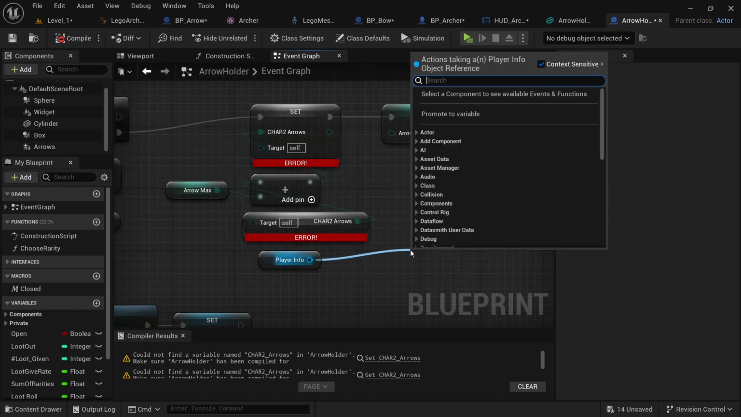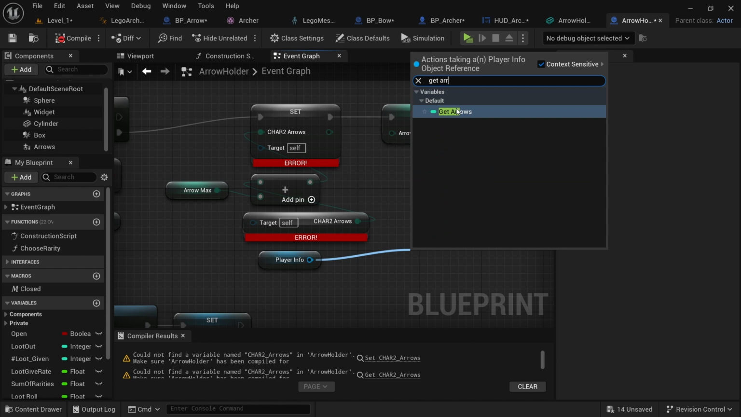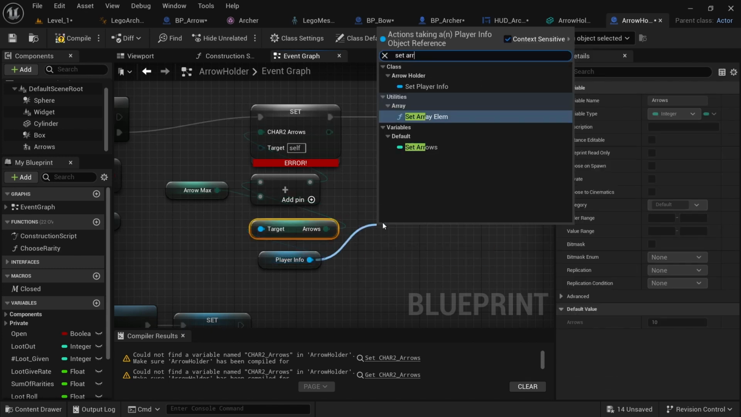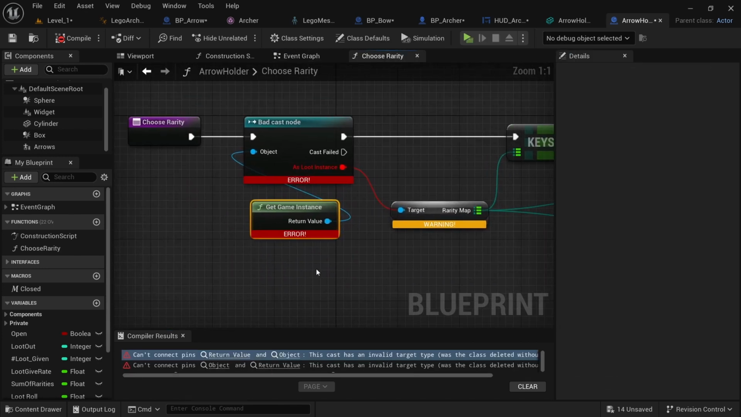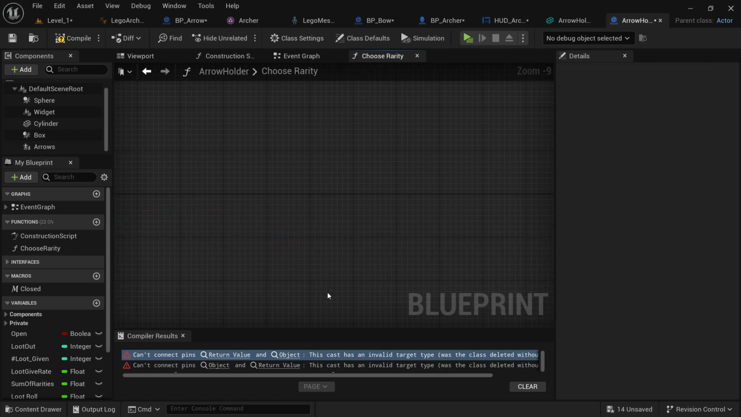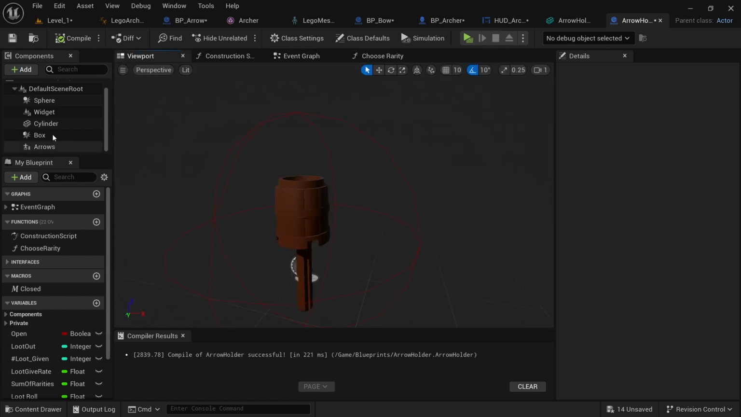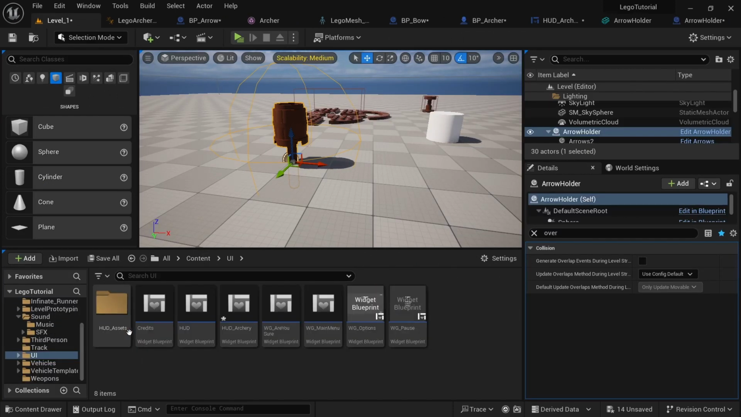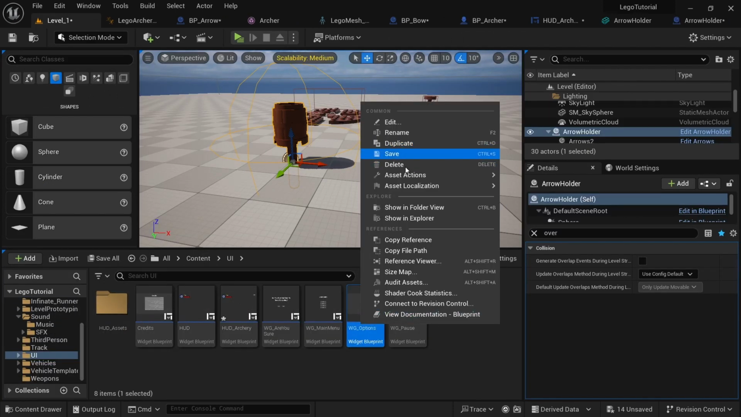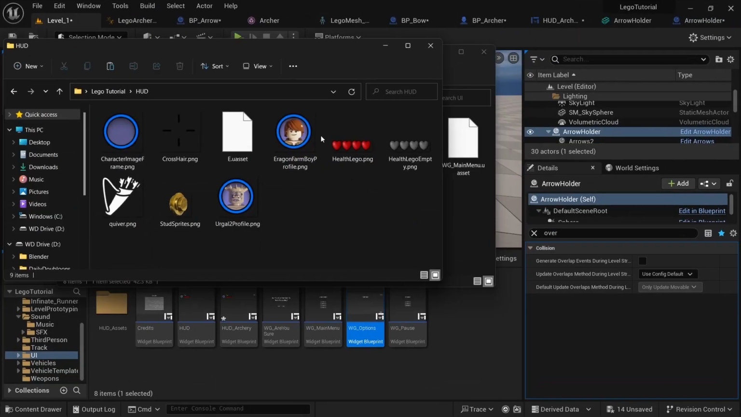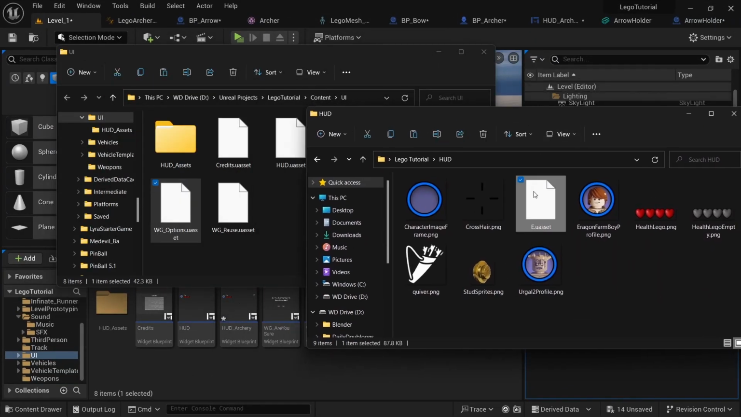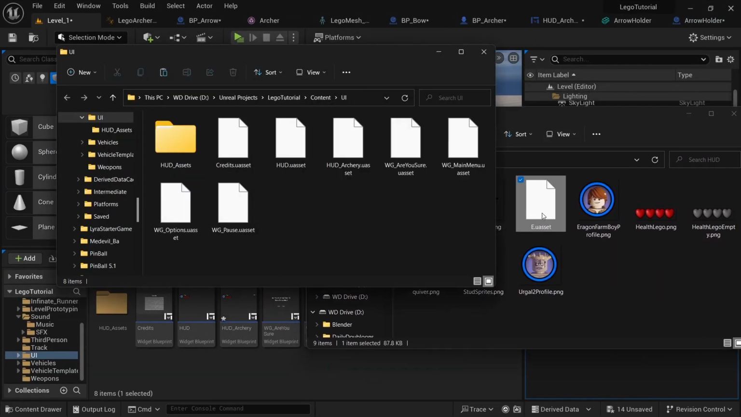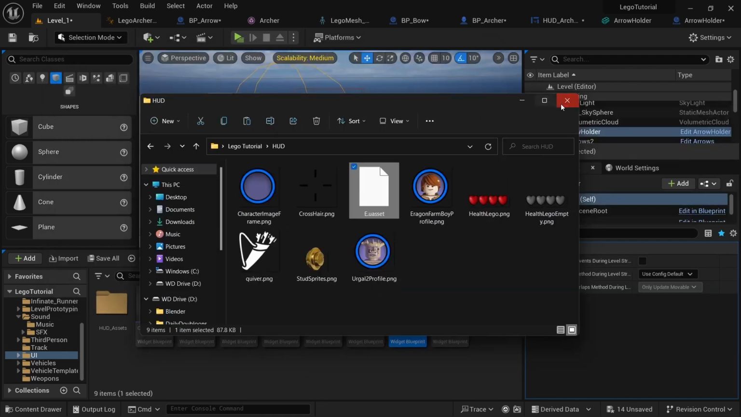And off of player info I want to get arrows, then I want to set arrows, and clicking on the arrow down here I'm just going to delete all of this, and in the viewport I'm going to click on widget, and then we need to add a widget, so go to content, UI, and click on any of these, show and explore, and then you want to open up the Lego tutorial, and there'll be something called a UE asset, and then close all that